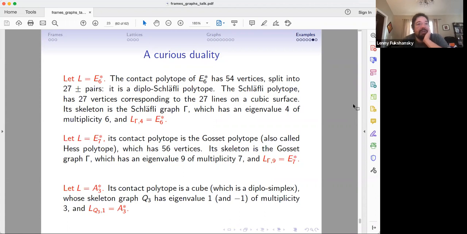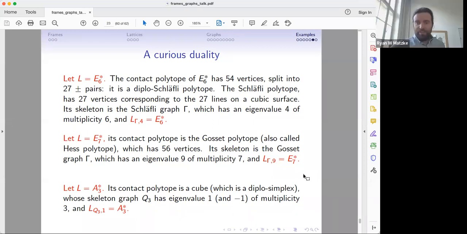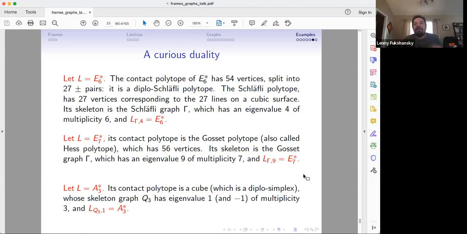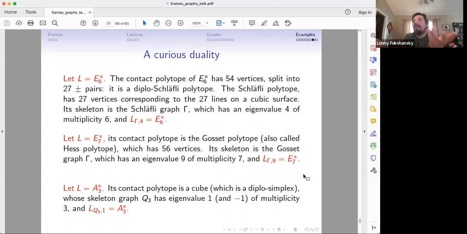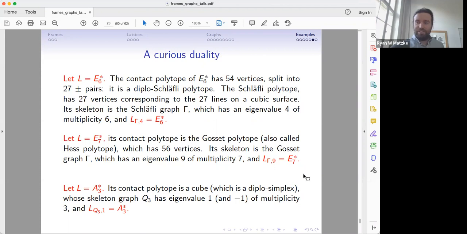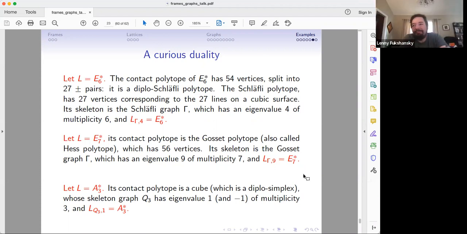Well, in particular, your skeleton graph may not necessarily have a rational eigenvalue of correct multiplicity. So that's the first thing that can break this. In other words, here it lands right in the right spot. I get a rational eigenvalue of that correct multiplicity, which is kind of a miracle. In general, I don't think there's any reason to expect that this would happen. Okay. Yeah. Okay, thanks. Oh, my pleasure.